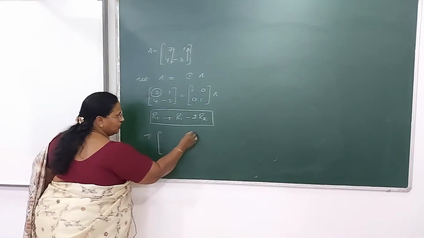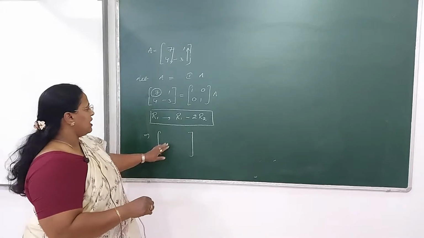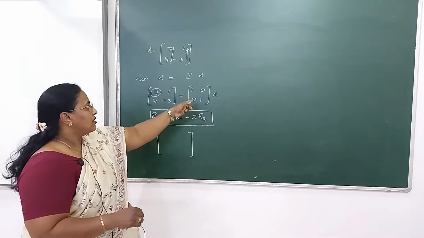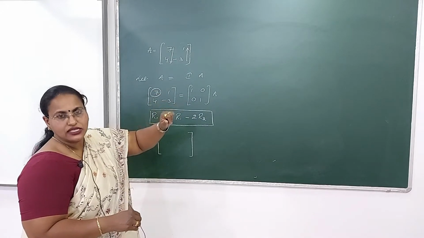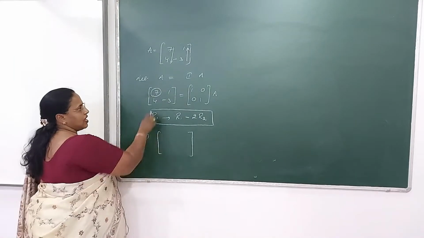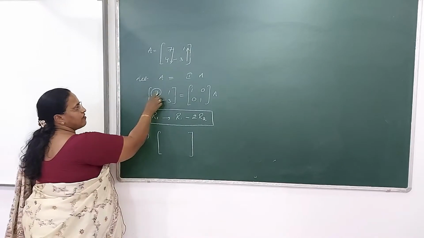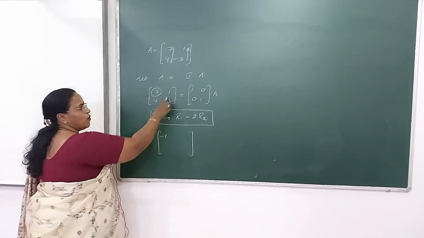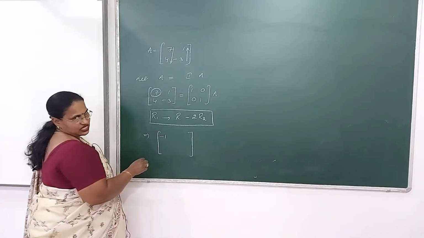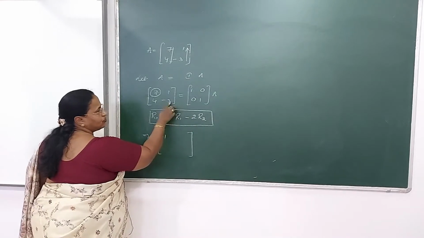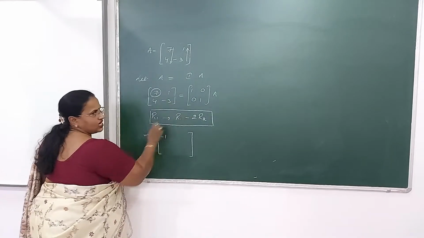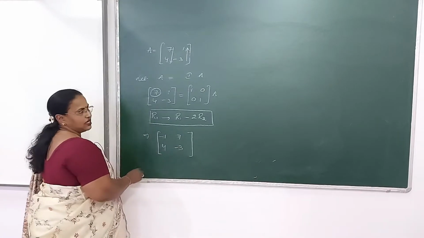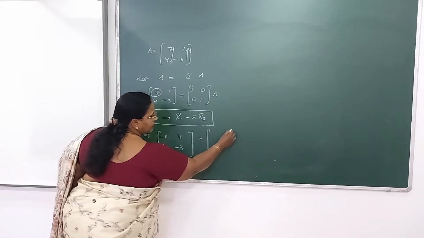Now, very important thing: whatever you apply to the left, the same you apply to the right. This is very important because the right hand side matrix only will give you the answer. So let us go for this. R1 minus 2 times R2. So 7 minus 8 is minus 1. 1 minus of minus 6: 2 times 3 means 2 into 3, it's 6, so 1 minus of minus 6 is 7. Second row will remain as it is, so 4, -3. Now exactly the same you do on the right side.